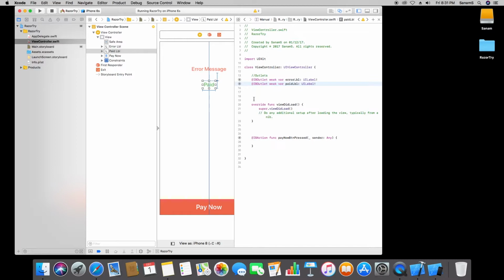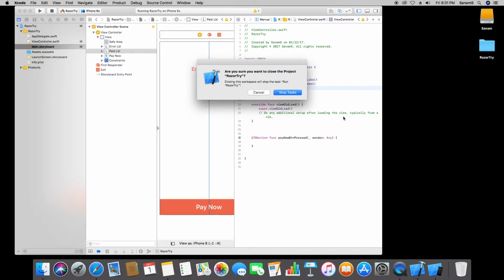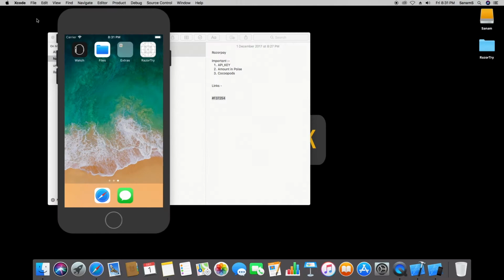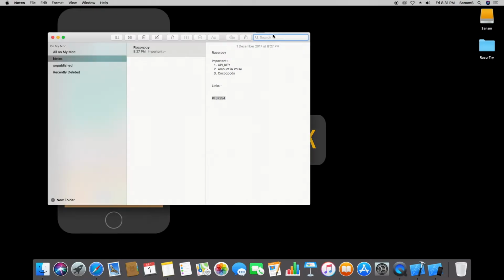So this is the basic structure right now. Now we need to integrate the CocoaPods, or the pod, for our Razorpay payment gateway. So let's do that. In order to do that, we need to stop the task and close Xcode. Alright, now we have closed our Xcode project, so let's integrate